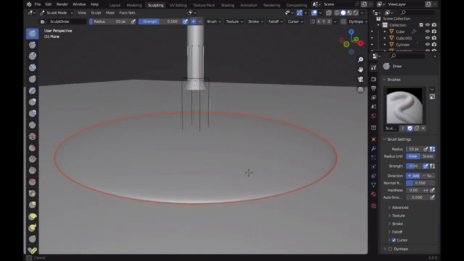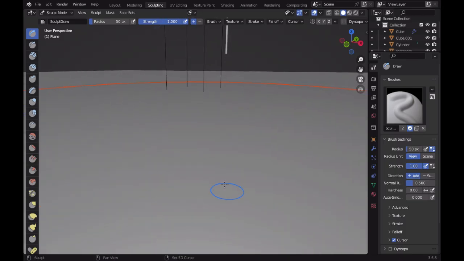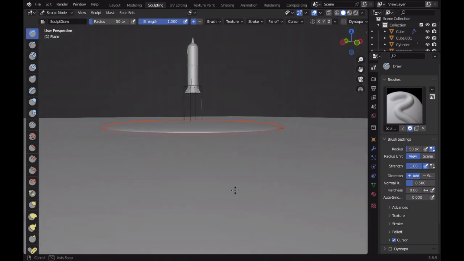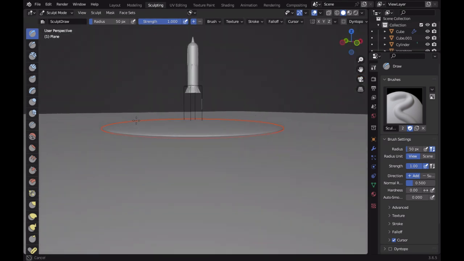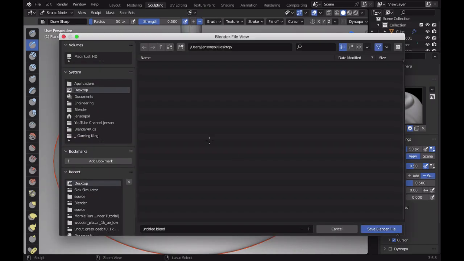That's weird. Sorry guys, it's a bit glitchy. I don't know why it's not doing anything. It should do something. Yeah, that's weird. Okay, there's definitely a problem with the software. I really think it's going to crash, so what I'm going to do is press Command S, and